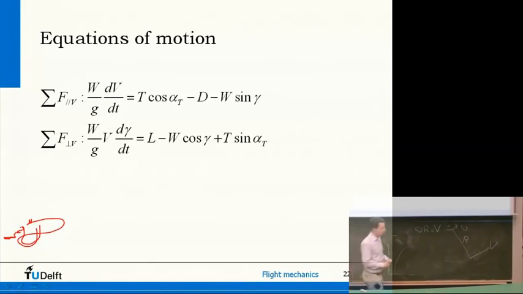Now, in our case, this angle is called gamma. So omega is in fact change of gamma with time. So this means that omega r is in fact d gamma dt, R